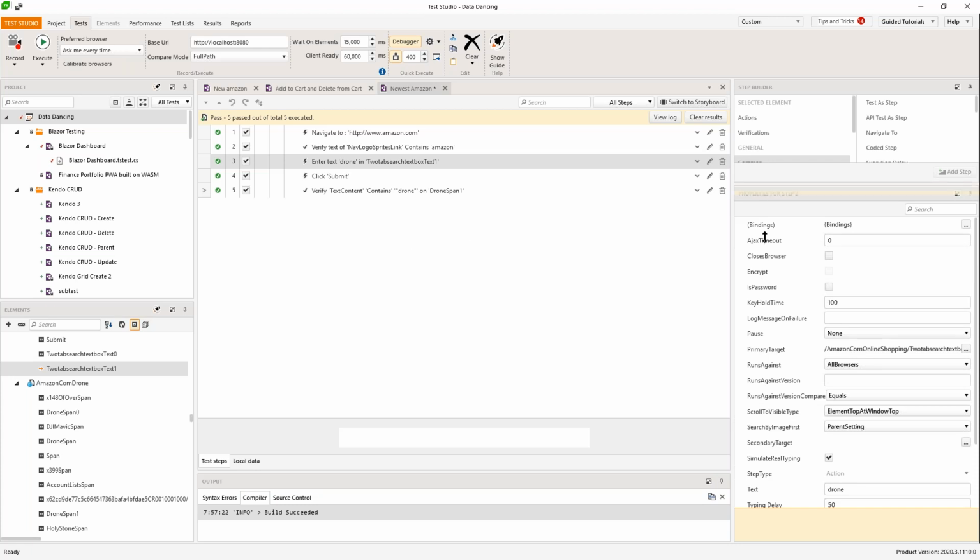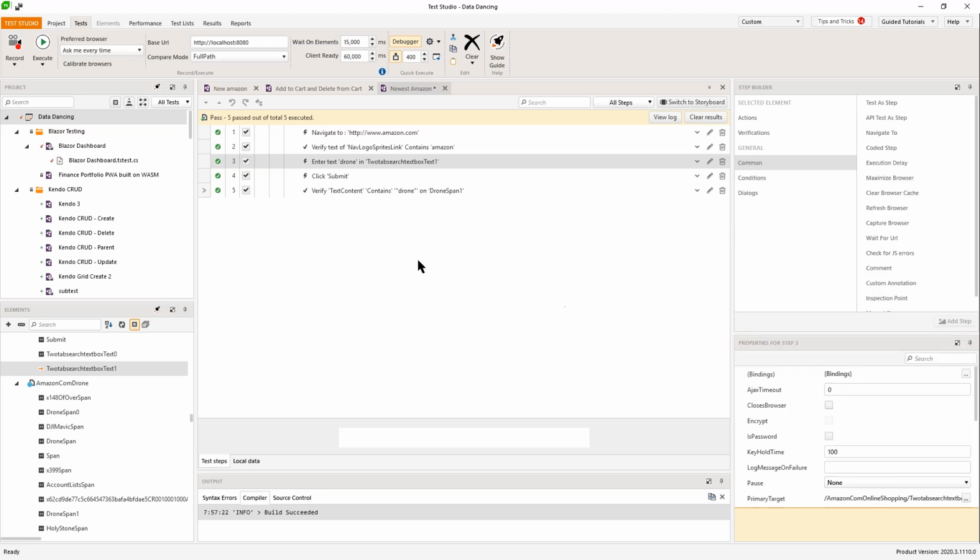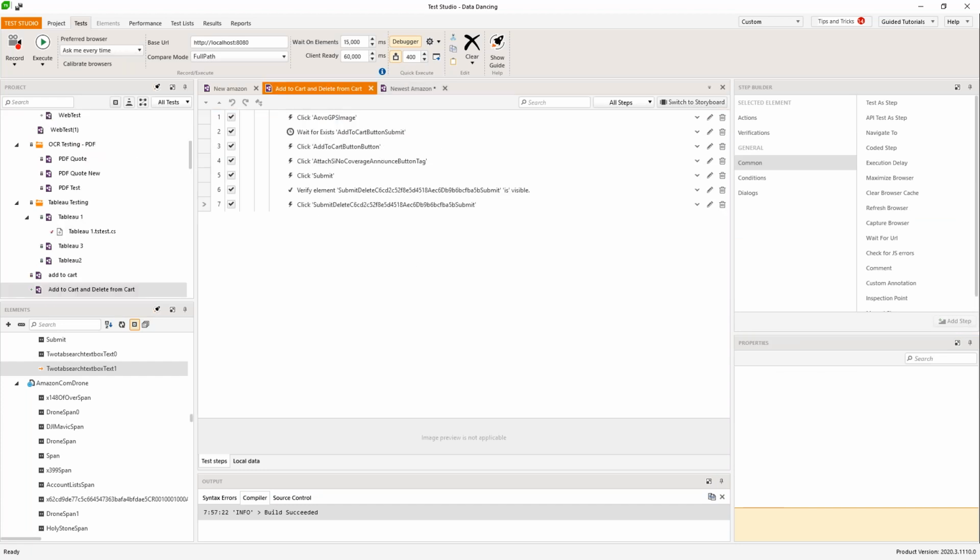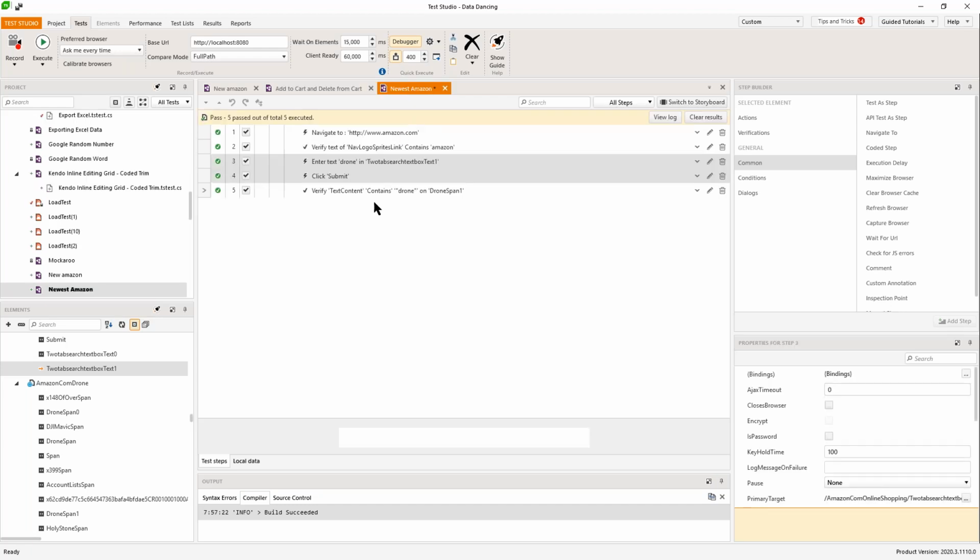And also in a manner of reuse, we like to build modular tests. So I actually have another little piece of test here that's going to continue my Amazon test by adding an item to the cart and then actually deleting it. Well, I can actually come from this new test I've created and use what we call test as step. You also see there's an API test as step using our API testing,